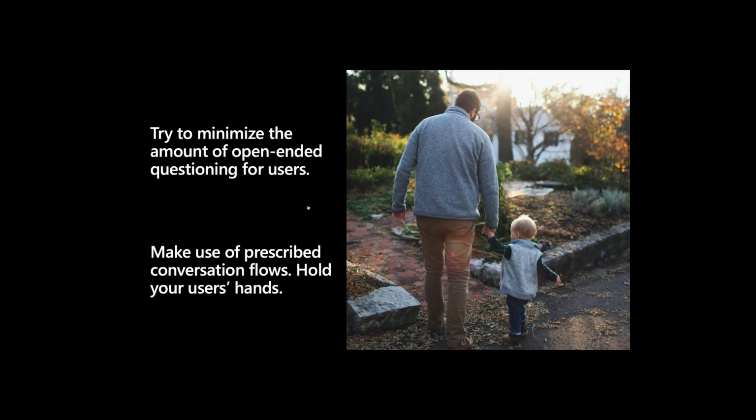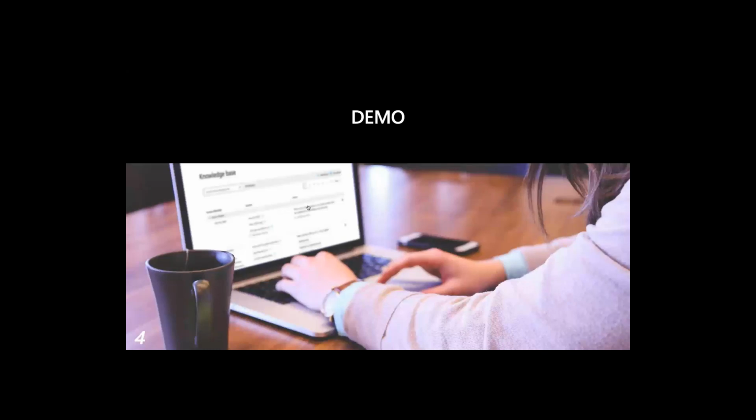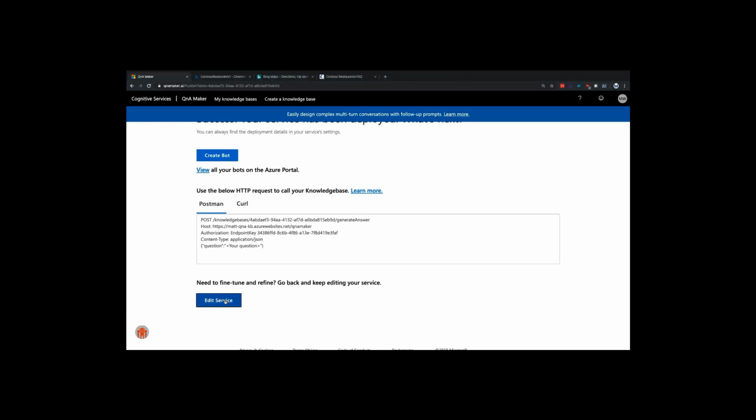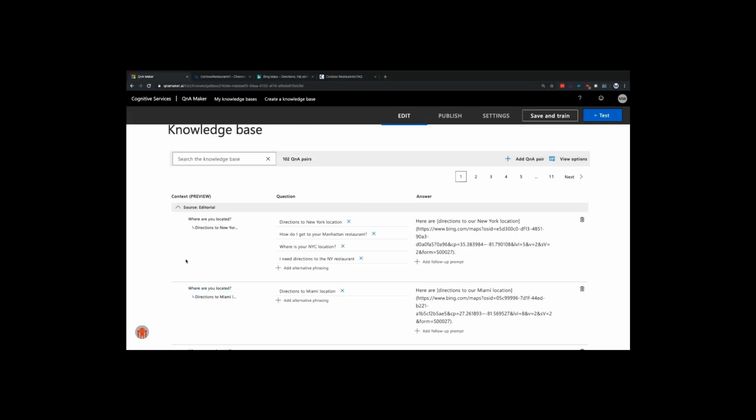But being able to pull people along a prescribed pathway is something, especially based on metrics that you have that show people asking those common questions or kicking off common responses or processes, that's really important. So let's run through a quick demo of how we would do that. So if we are in Q&A Maker again here, we're just going to go back and edit the service. And what we're doing here is